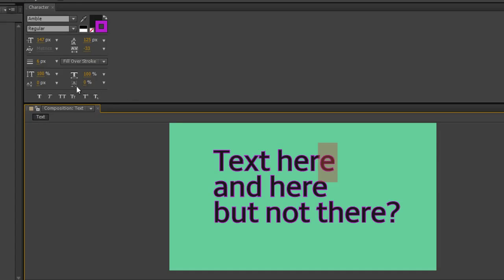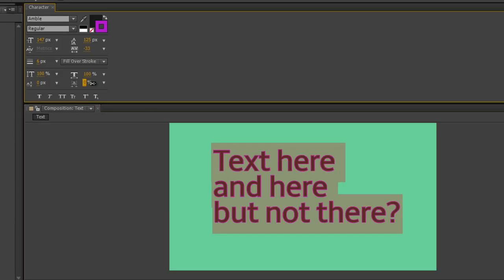And this section here is for Asian writing. I think it's called tsume, but I'm not totally sure. I'll show you what it does, but you don't have to worry about it if you're not using Asian text. But here's what it does. It's kind of like kerning, but I've never used Asian text before, so I don't use that section. And then we've got